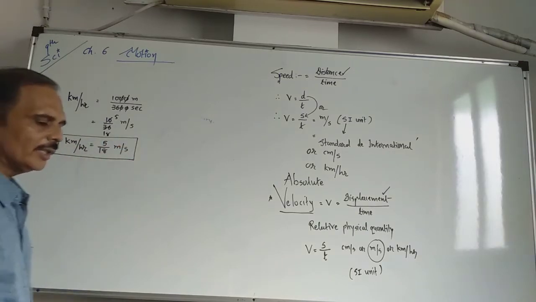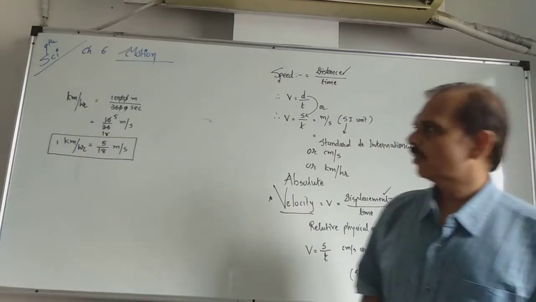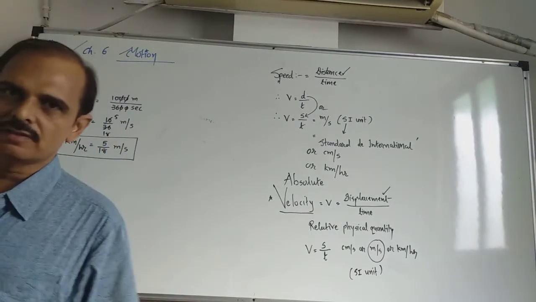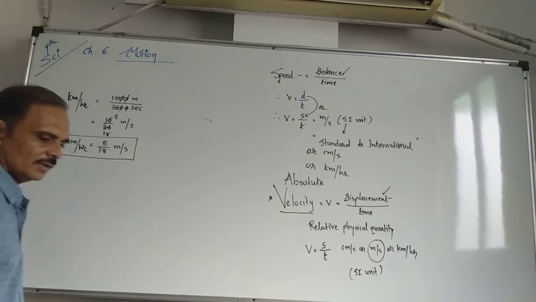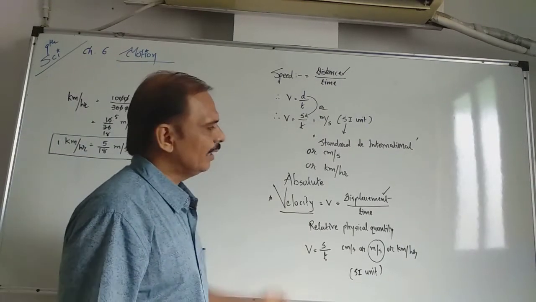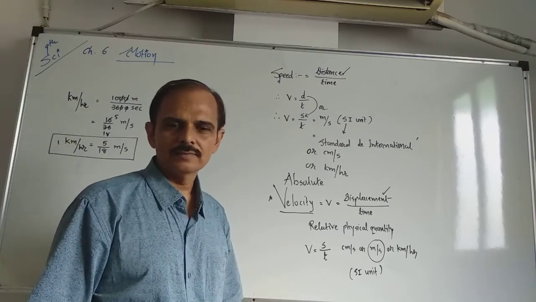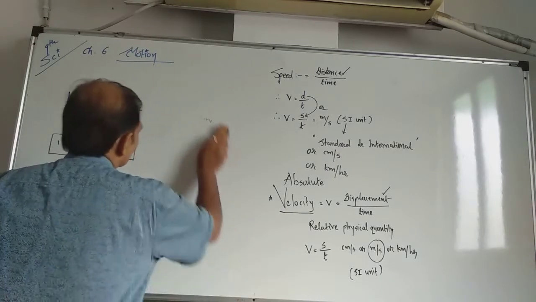So 5 km per hour means 5 into 5 upon 18. 100 km per hour means 100 into 5 upon 18. You can change it with the help of this. Is it okay? Do you understand about speed and velocity, just like distance and displacement? Okay? Now, the second thing is